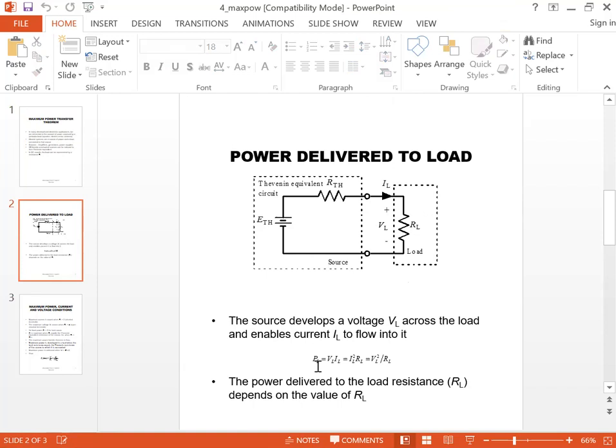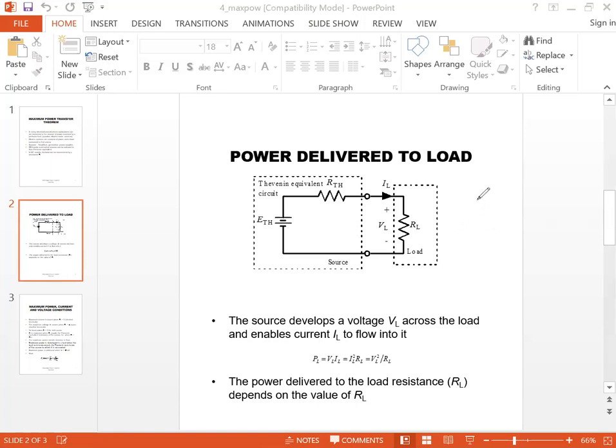The formula for the power of the load is P equal to VI, or I square R, or V square over R. R means RL, a particular load where we want to find the power, where we connect our speakers, antennas, and whatever devices you may connect at these two points. The power delivered to the load resistance RL depends on the value of R. So the power delivered, because